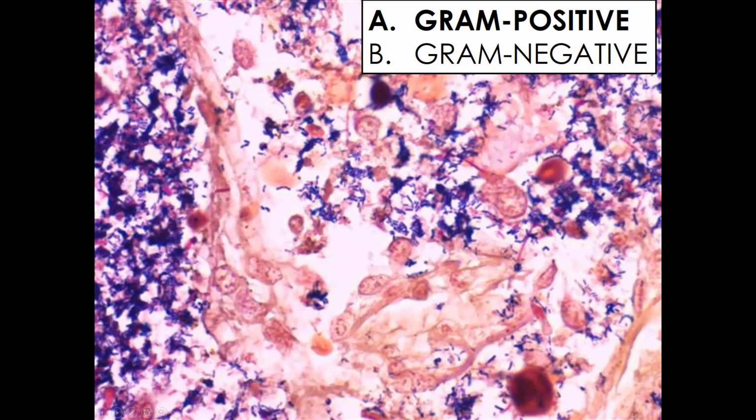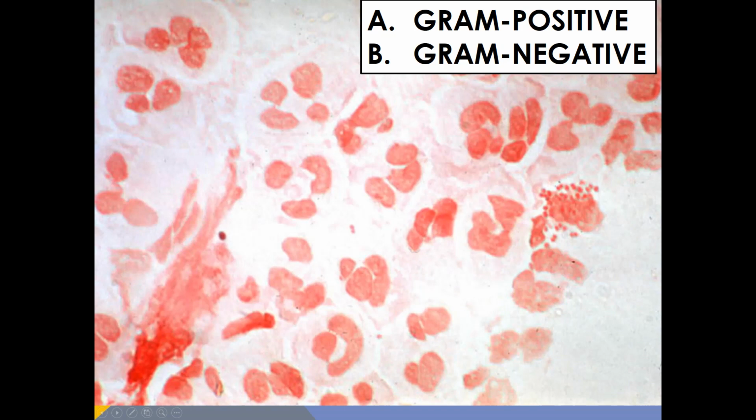It's a bacterium. Now here we have those same neutrophils that we saw earlier in part 1 and gram-negative diplococci. So again, the eukaryotic cells do not have peptidoglycan, so they will not stain purple, but in this case the bacteria also do not have a thick peptidoglycan layer, so they do not stain purple either.